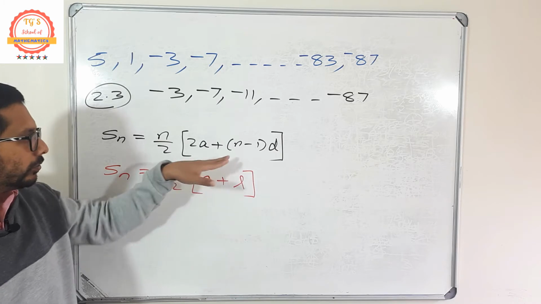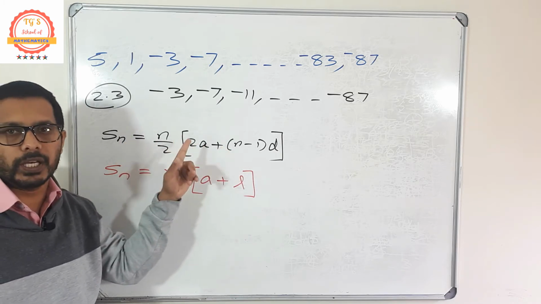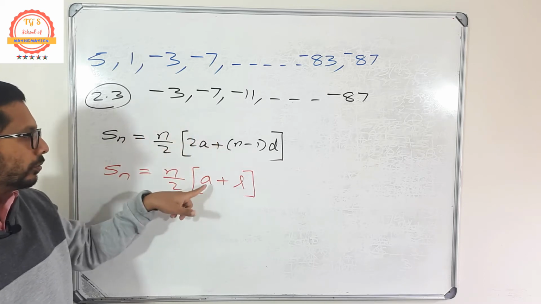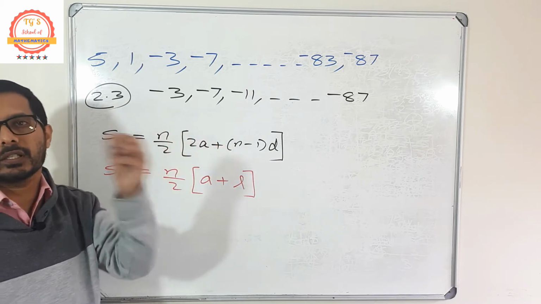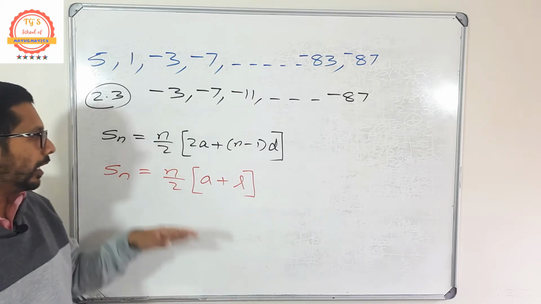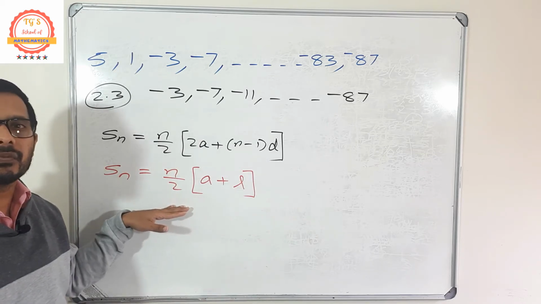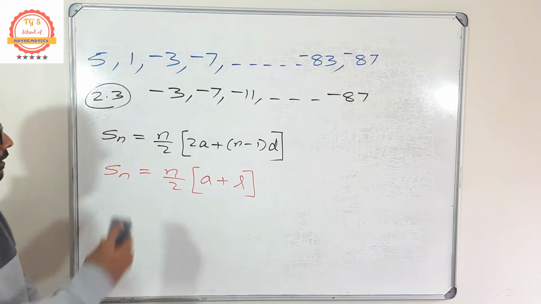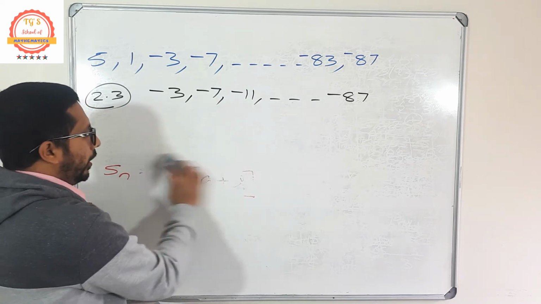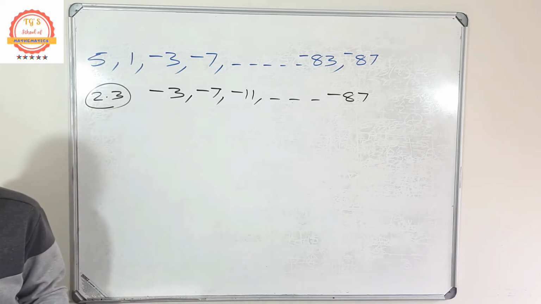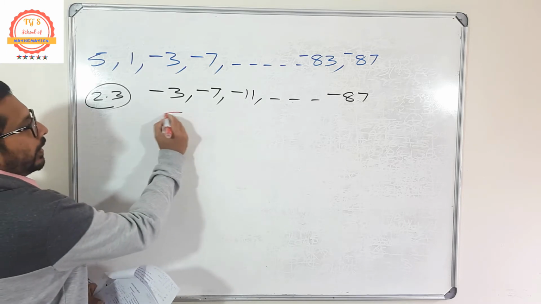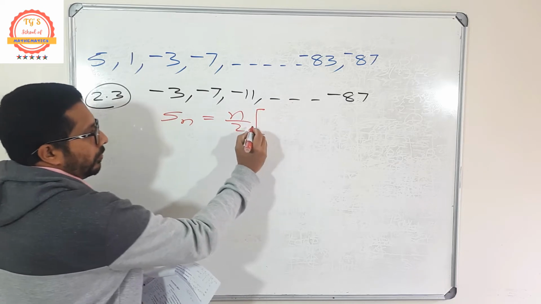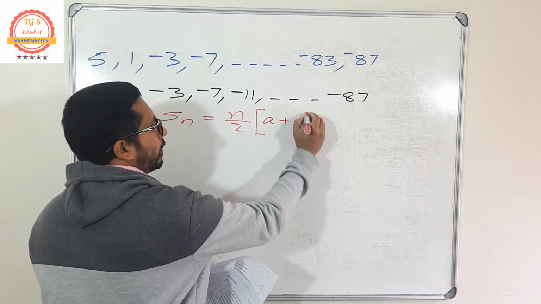Okay, I'm not saying that you can't use the other formula. You can use that formula also, and you will get the same answer. Okay, but it's easy to use this formula because you know what is the first term and the last term. So I'm going to use the second formula. That's easy for me to get the answer. Okay, so what is the formula that I'm going to use? Let me erase this one. Okay, let's write once more. So our formula is Sn is equal to n over 2 into a plus L.